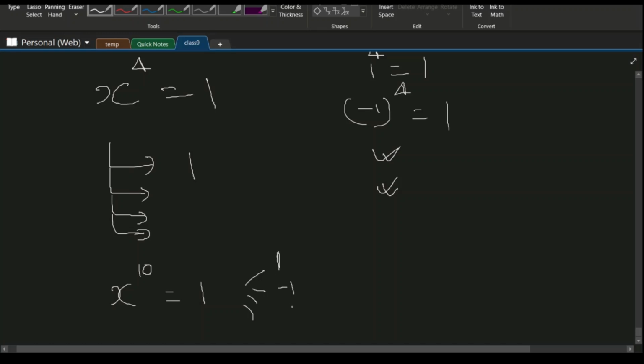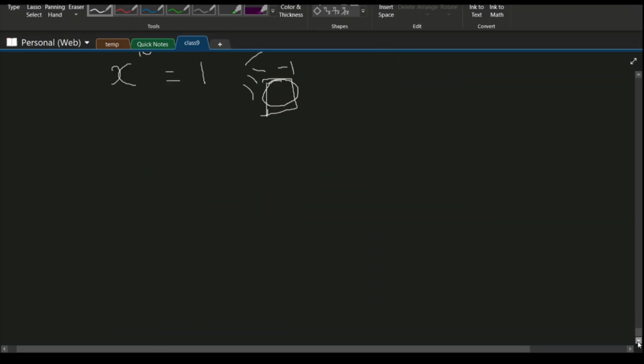The other options will be a bunch of more options, not 0, but we will not look at them here. But so many numbers we can find, like if the degree here is 10, we can find 10 different options which will satisfy this equation. So when I raise those to the power 10, it will always give me 1. But only one option here will be called the principal out of these 10 different options. Okay, so again to repeat.